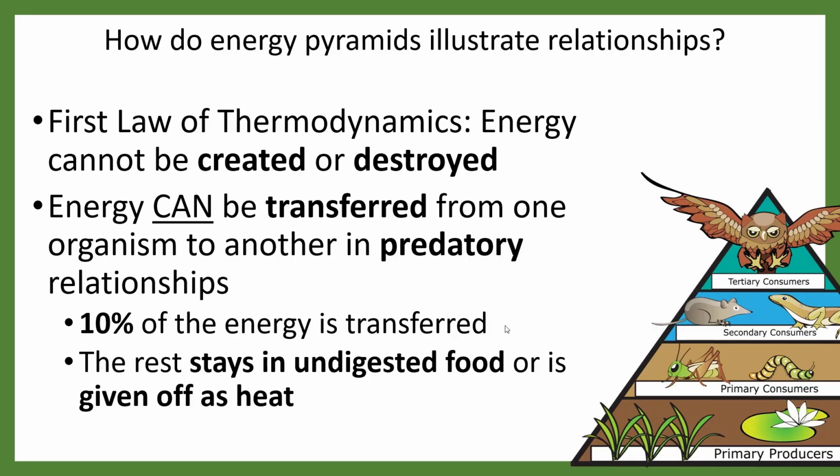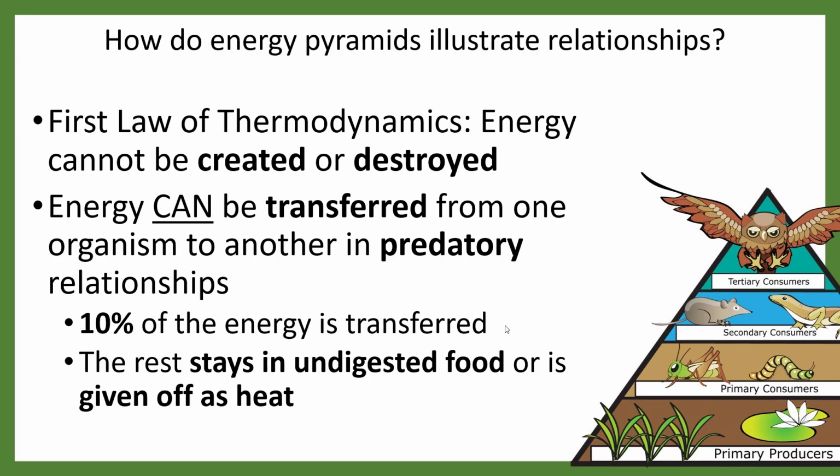So why don't people eat seals? Why don't we farm seals? Why do we farm things like cows and pigs? Well, cows and pigs are primary consumers. If you had to keep a seal fed, you would have to feed that seal fish. And those are medium-sized fish that are eating smaller fish, and those smaller fish are eating plankton.